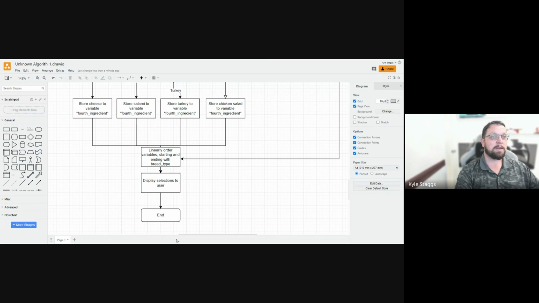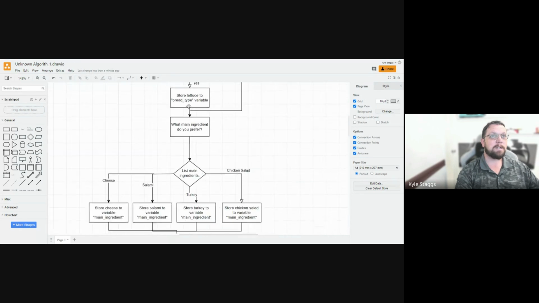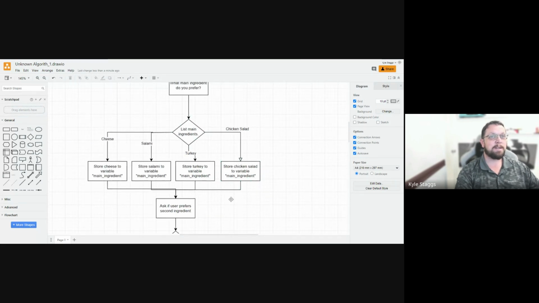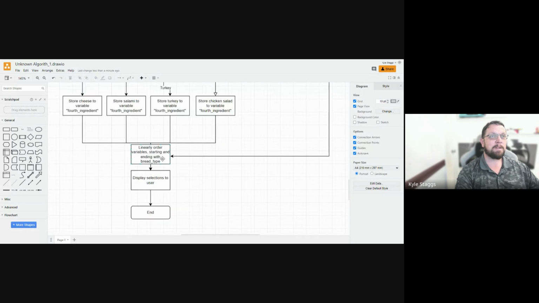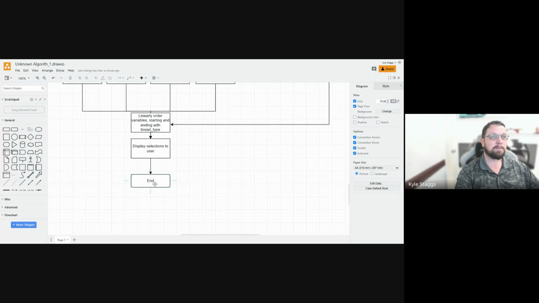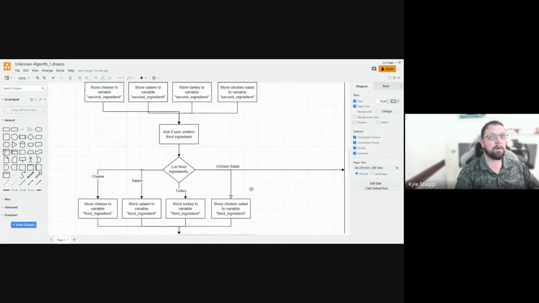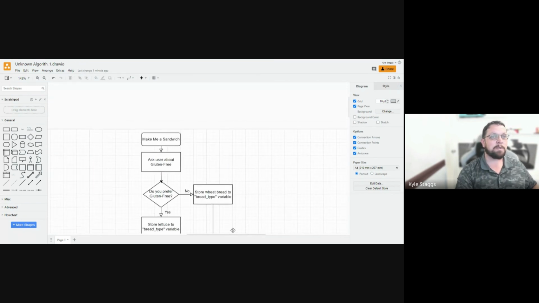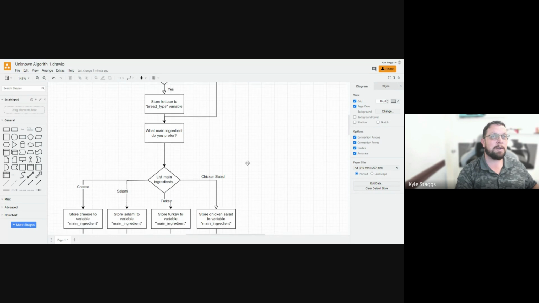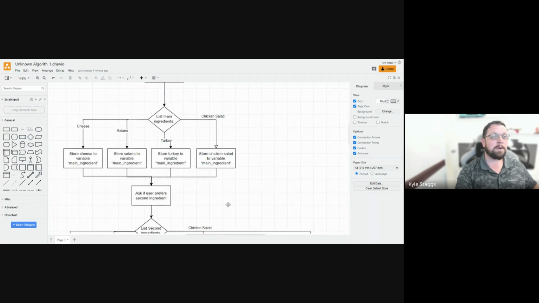And so then we display end selection to the user, and then we're done with the program. But equally, somebody gets in and they're like, I want chicken salad. And then they come down, second ingredient. Nope, nothing else. Then it brings it down to linearly ordering, displaying, and end, right? So now we've accounted for all the possible combinations of things. So we've taken what was originally a very simple assignment of making a sandwich and accounted for all of the options to vote turnip. The real question is,